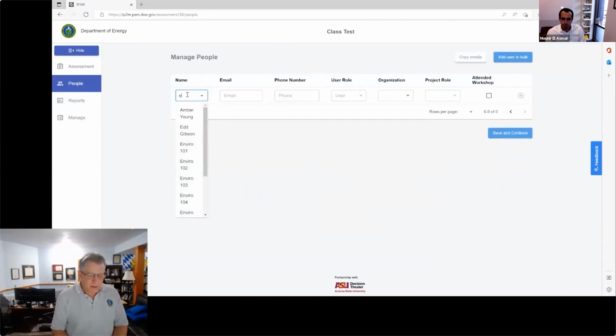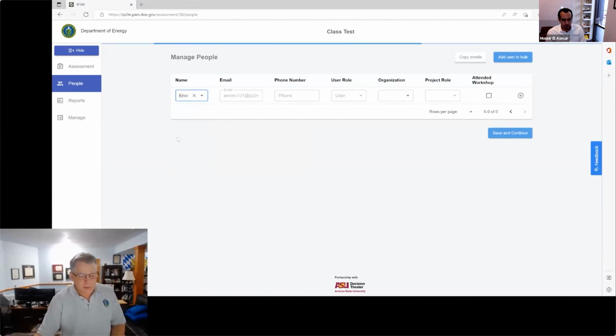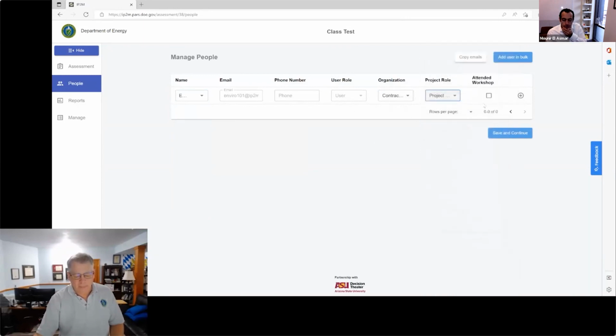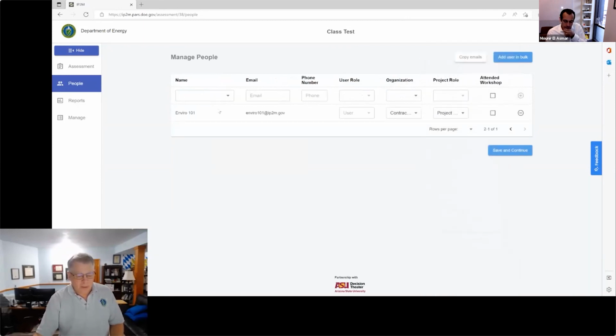You basically start to type in the person's name, so we'll add a couple of generic ones. In this case, they are a user. That role will pop up because that's how they were loaded. And the organization, are they an owner or a contractor? In this case, contractor, and we'll make them a PCE and add them. And we'll add Enviro to